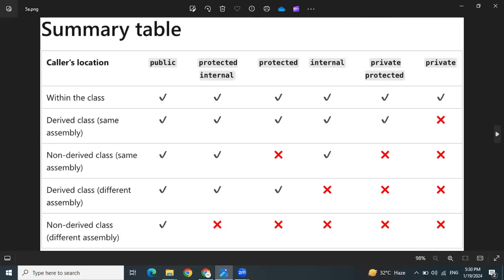If it's a derived class, same assembly, you can still access it. If it's a derived class, different assembly, you can still access it. But once it's a non-derived class and it's in a different assembly, with protected internal, you cannot access it any longer. You have a class inside rock, paper, scissors, and then you are inside rock, paper, scissors test. You want to access the class inside rock, paper, scissors right from rock, paper, scissors test. If that class was declared with protected internal, you won't be able to access it